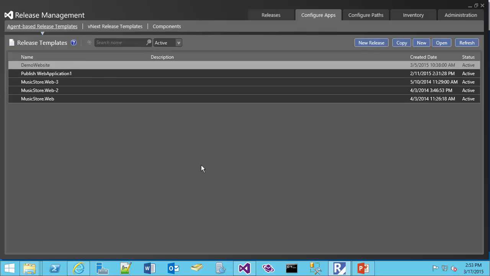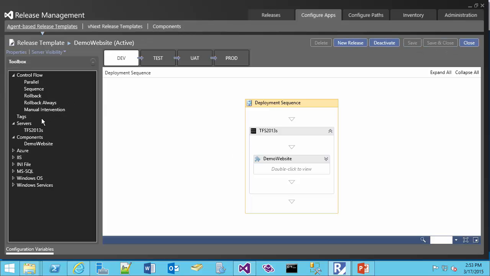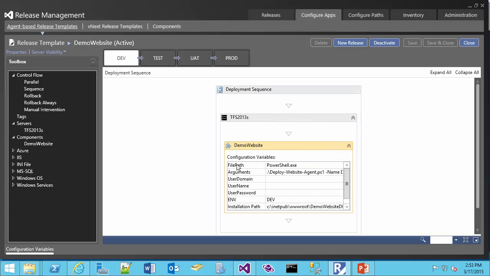So let's look at the agent-based template here. I'm going to open the demo website. We'll see that essentially to create this, I need to drop the agent on my template here, on my deployment sequence, and then drop my component in here. Once I open that up, I want to run a PowerShell script, which is my deploy website agent, which we just looked at. This PowerShell script uses a name, so I need the name of my site, then the port, I'm going to use 10555, and then the source path, and you'll notice here that I have package location